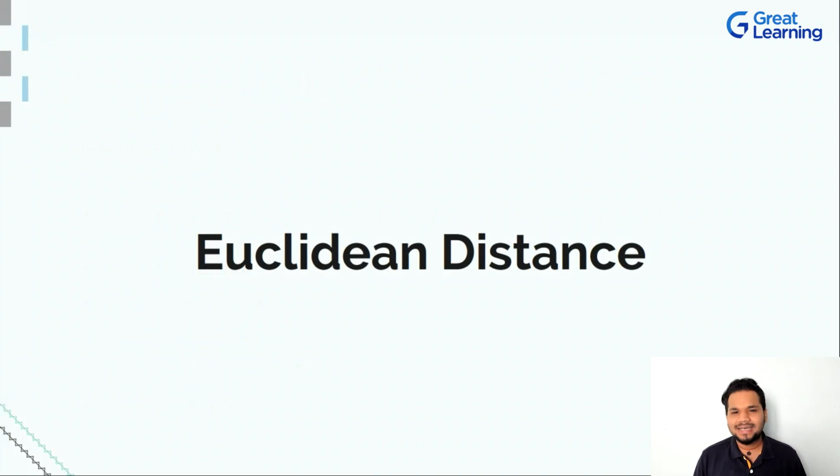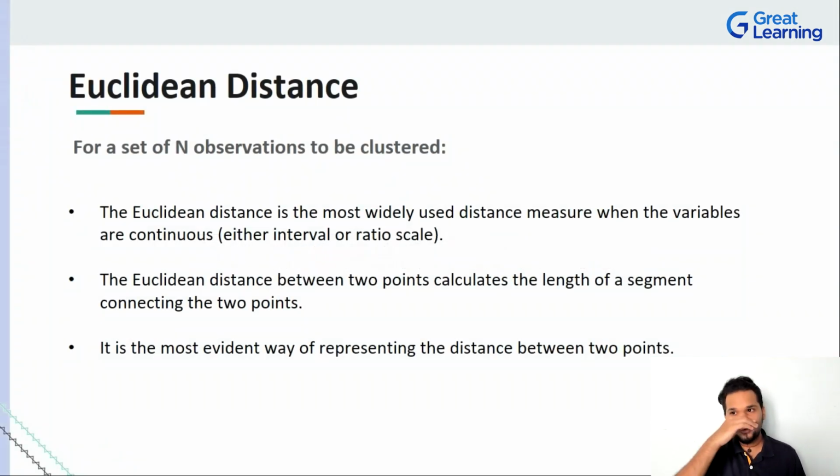Well, I think it's high time we take a look at how we can create these clusters, and the first way to go about doing it is Euclidean distance, right? Now, ladies and gentlemen, Euclidean distance is really fun to learn because it is very widely used. Whenever someone talks about agglomerative hierarchical clustering, Euclidean distance is the go-to point, the first point that they go to, right? It's widely used because we have variables which are continuous in nature,